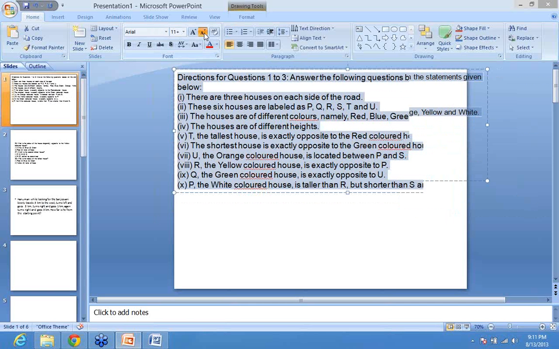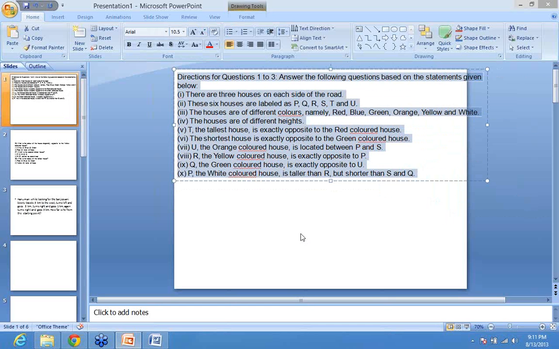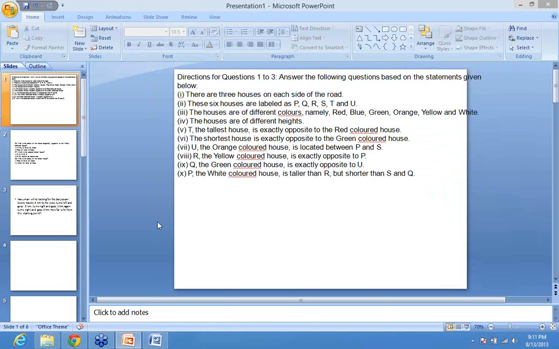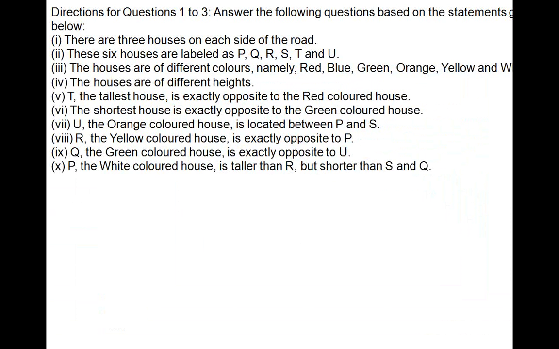This is an important question. If you follow this, I'm pretty sure you'll be able to solve questions of arrangements. Try to see the approach which I am taking, because that will help you. So there are three sets of variables: name of the house, color of the house, and height of the house. Now, you'll have to draw a road. If this is the road,